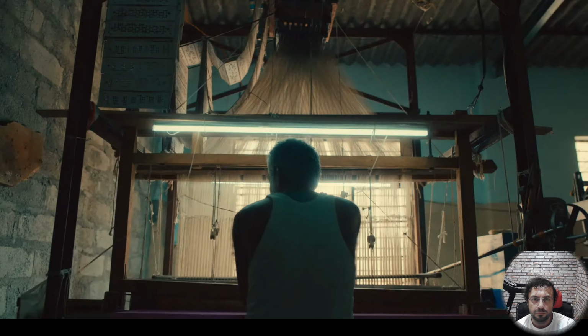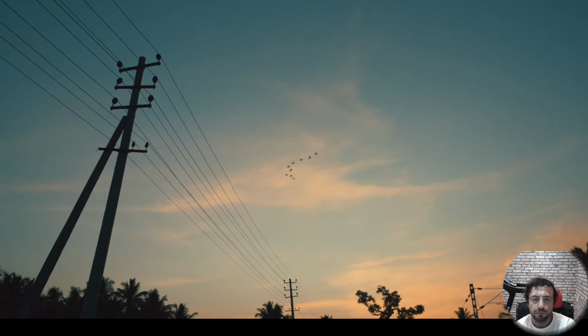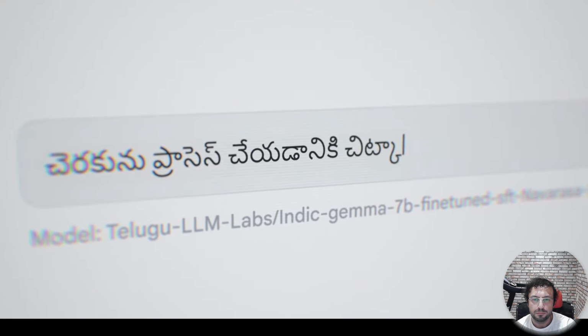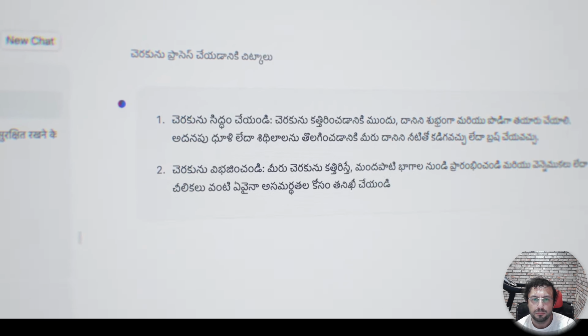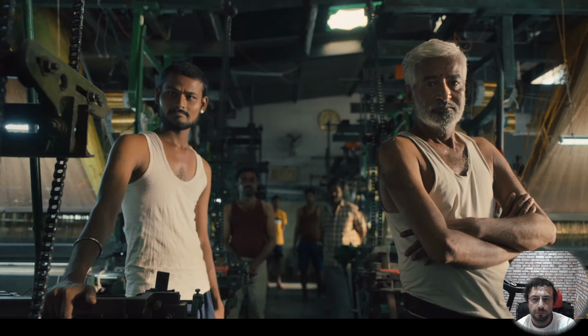Navarasa is a model that's trained for Indic languages. It's a fine-tuned model based on Google's Gemma. We built Navarasa to make large language models culturally rooted, where people can talk in their native language and get the responses in their native language. Our biggest dream is to build a model to include everyone from all corners of India.